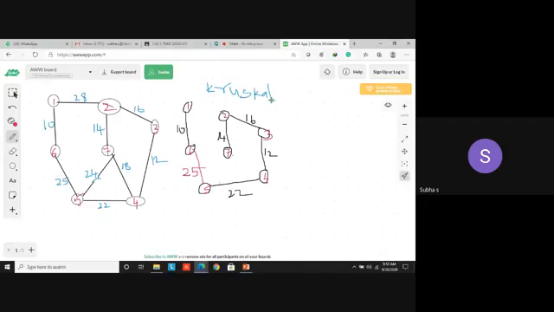Okay, in Prim's algorithm also we got the minimum cost as 99. But in some problems you will get a difference, though mostly you will get the same weight. That is your minimum cost. Minimum spanning tree with the cost as 99. This is the result of your Kruskal's algorithm.